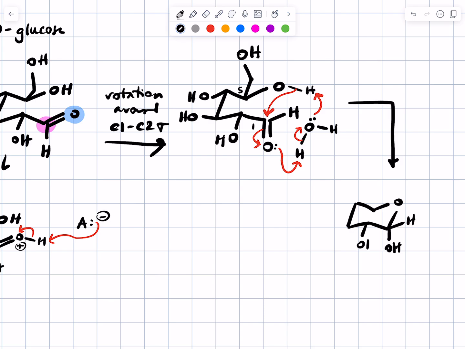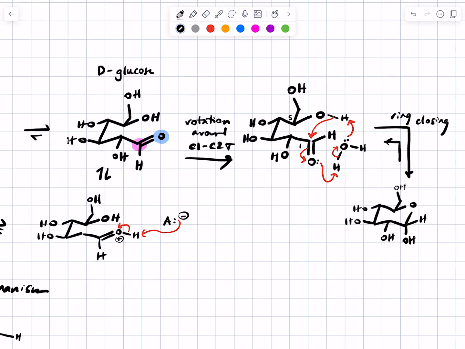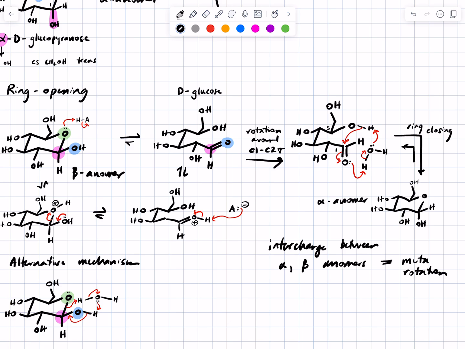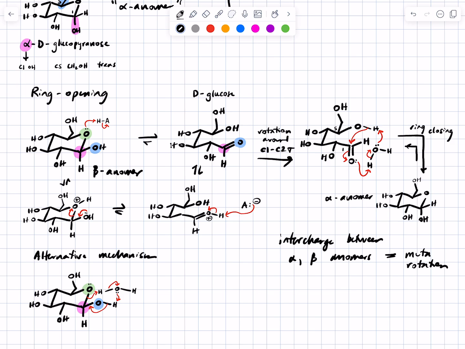So that's one way in which we can interchange alpha and beta anomers simply by ring opening, followed by rotation, followed by ring closing. And they call this process the interchange between alpha and beta anomers mutarotation. It's not really rotation in the sense that you can't get from the beta anomer to the alpha anomer simply by rotation around a carbon-carbon bond. You have to open up the ring, and then rotate. But they call that process mutarotation, and the alpha and the beta anomers are in exchange with each other in